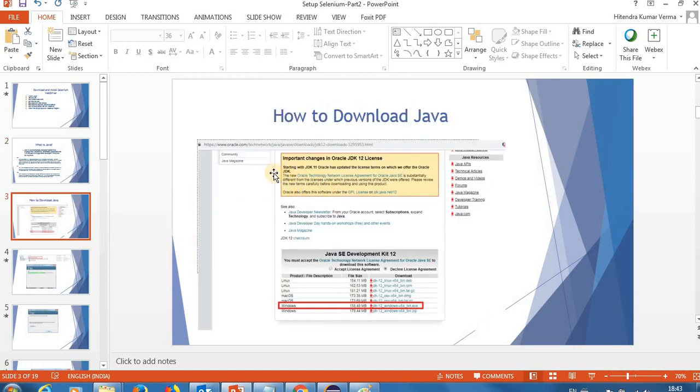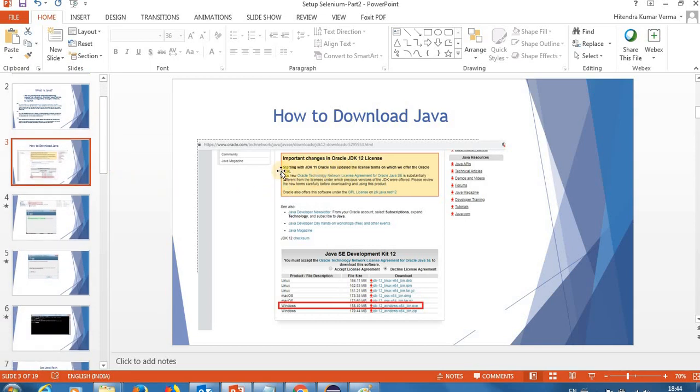So guys, the download and installation part takes too much time, so that's why I have kept all this short here, and I'll show you step by step how to download and install JDK, JRE and Eclipse, and how to configure a Java project. So this is the link where you can download JDK. I'll provide all the links related to JDK, JRE and Eclipse in the description box of this video.